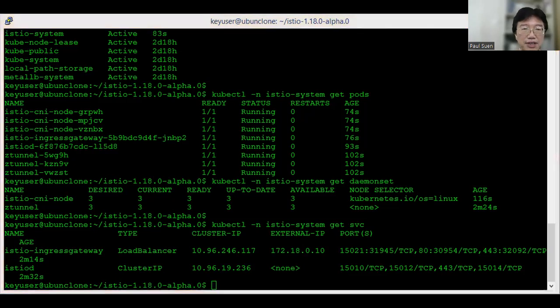So we are done with the control plane part of the Istio service mesh in the ambient mode. And now we are going to deploy the Bookinfo app.